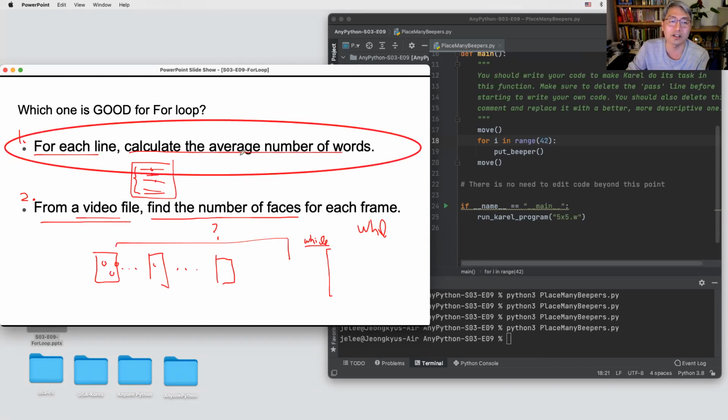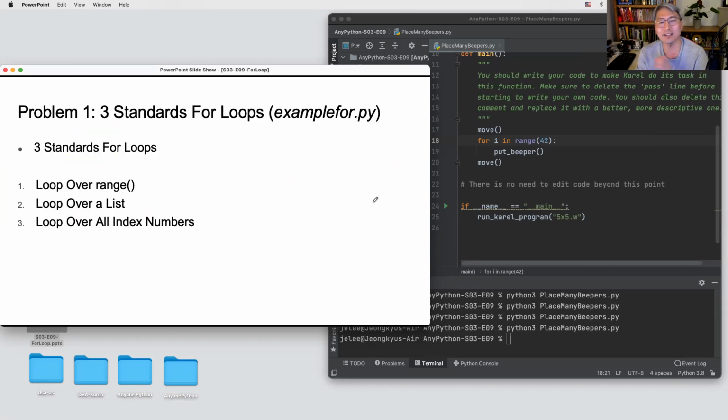So at this time, this one is better. However, it is possible you can use a while loop to solve this problem. But usually this one is better. And also this one, if you know how many image frames each video has, then you can use the for loop. But usually while can be used for the video file. Okay, very nice.